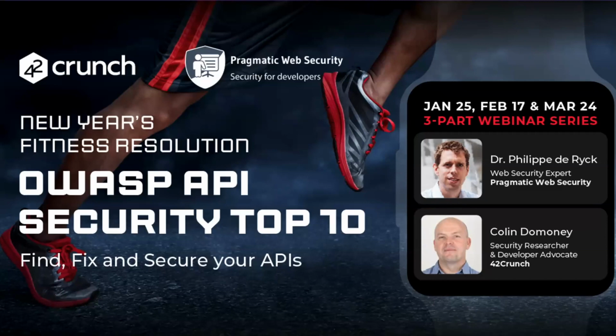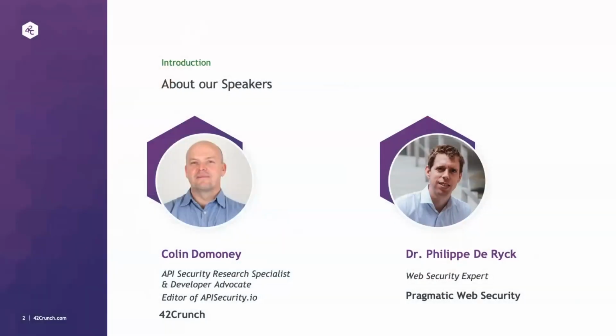So just before we kick off, I'd like to introduce our speakers. First off, we have Colin from 42 Crunch. Before joining the team, Colin worked in a variety of security roles with Veracode, Cyberproof, CA, but also with end-user enterprises such as leading financial institution Deutsche Bank. Colin heads up our developer advocacy initiatives here at 42 Crunch. He's also an API security researcher on our team, and in his spare time manages to edit one of the industry's leading weekly API security newsletters. Hopefully you're all familiar with it, and if not, I recommend you get a subscription straight after today's session.